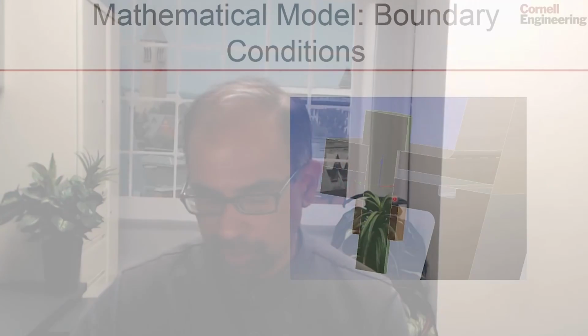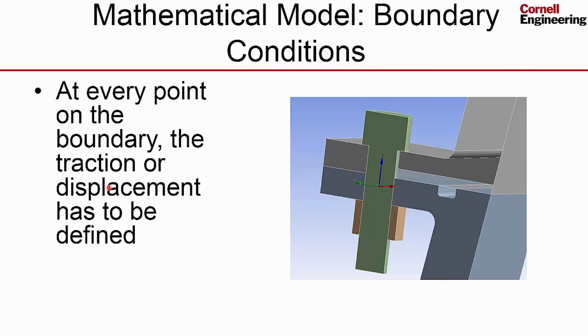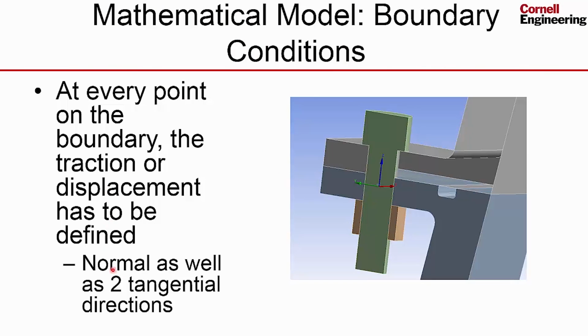Here I will review the boundary conditions that we need to put on our model. At every point on the boundary, the traction or displacement has to be defined, and this is true of the normal as well as two tangential directions. So this is what we have seen before. Let's take a look at the displacement or essential boundary conditions first, and then we'll take a look at the